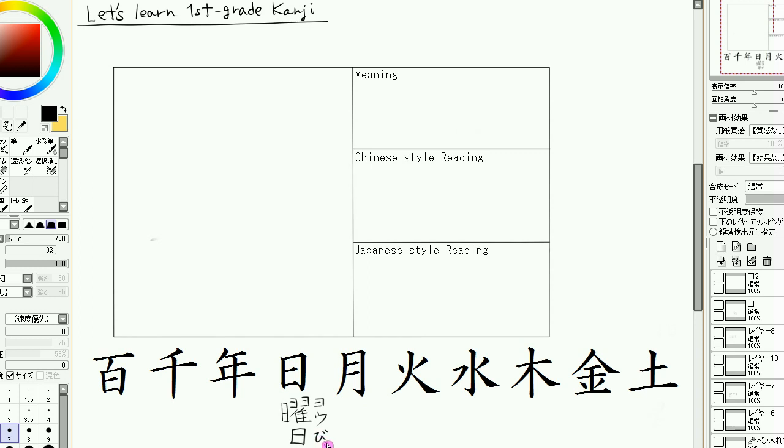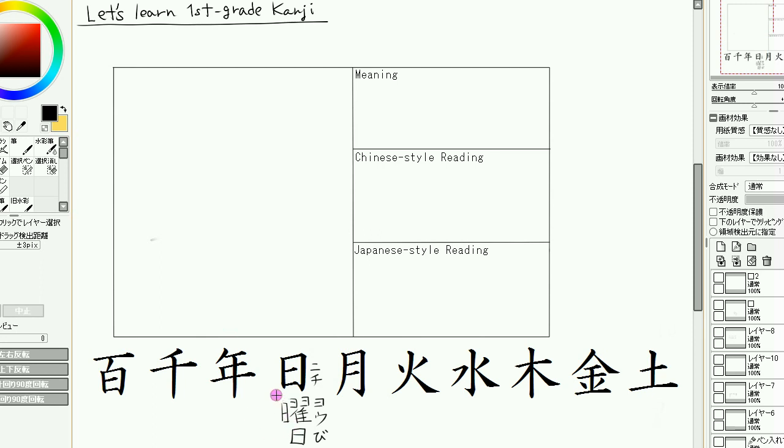in one of the previous ones, we often add a voice sound marker when we combine, so it's yobi. And this part should be read as nichi, Chinese style, and this is Japanese style. So nichi yobi. And the interesting part is if we add this one to here, here,